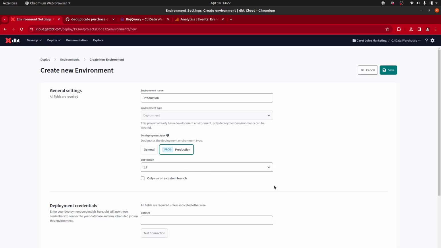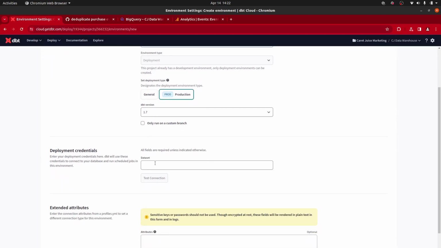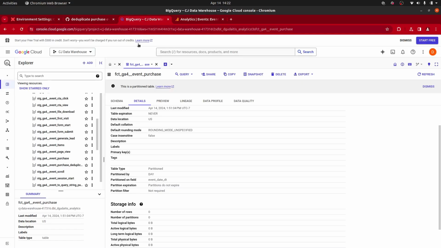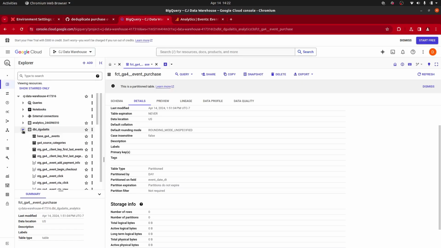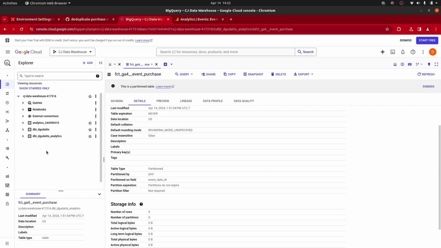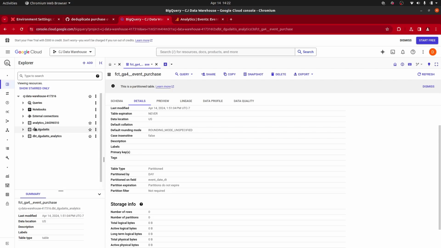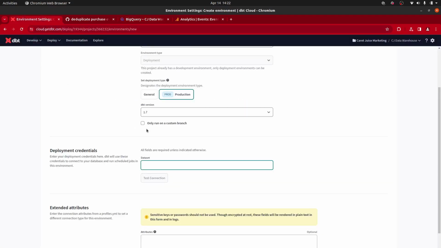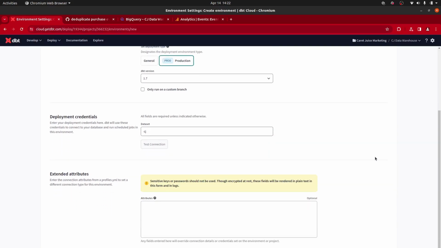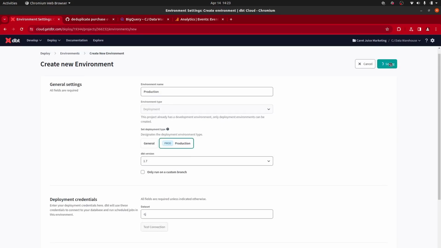Prod, we want 1.7. So this data set is going to be the data set that you create for production. So here I've got my dev dbt Goditis and dbt Goditis Analytics. The setting that we put there is going to replace the dbt Goditis. So in this case, I'm going to use CJ for carrot juice as my project identifier, and we don't need any of this. So hit save,